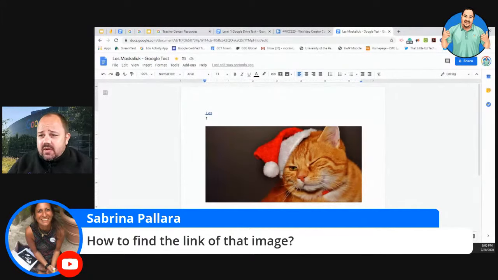Sabrina is saying, how to find the link of an image. If this is something that you are getting to your students, Sabrina, shoot me an email on that one, because the Explore tool will help you, but it's a little more specific, and it just doesn't give you that information right away. You actually have to click on it and then go to the page if you're getting your students to source